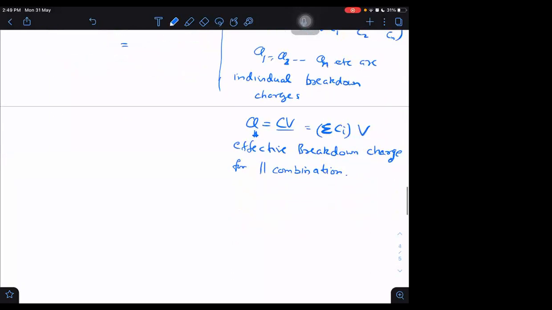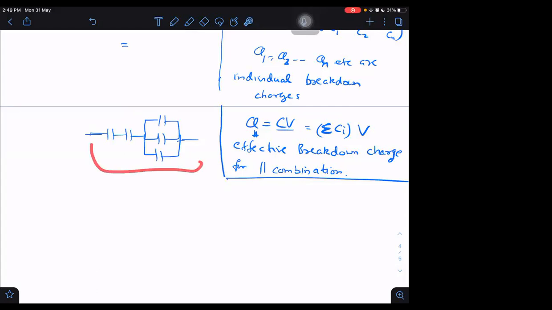Next, sometimes they can ask about mixed arrangements, neither purely parallel nor series, where some are in series and a few others are in parallel. How do we find the maximum voltage which we can apply across this? Now, in order to find the maximum voltage which we can apply across this,